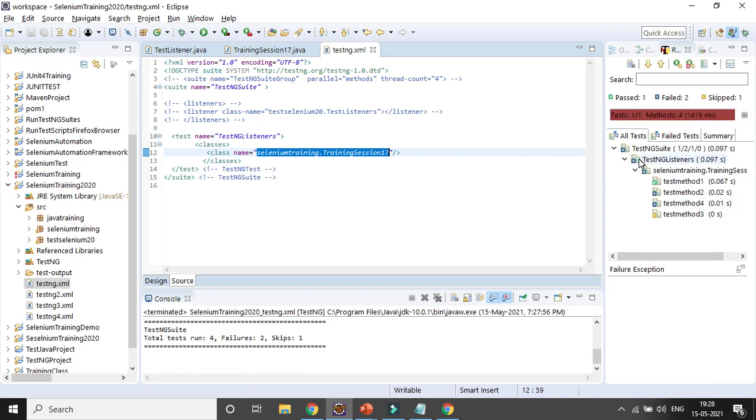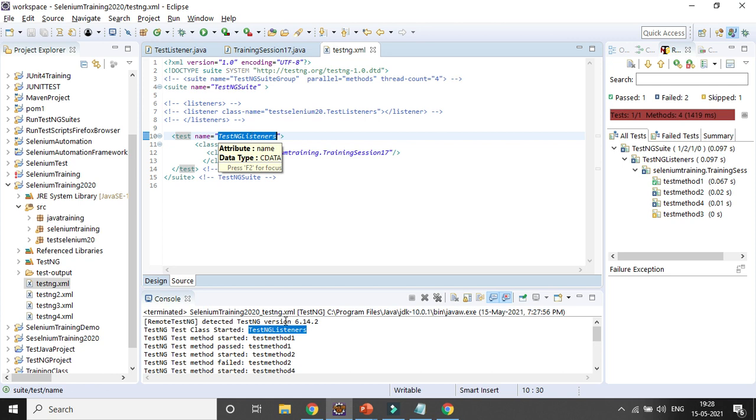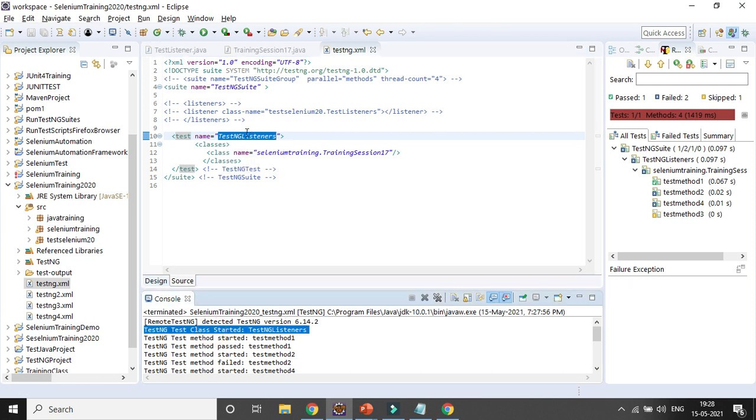Here you can see the result is still the same. Suite name is testng suite, this is the test name, this is the package dot class name, these are the method names, right? But now if you go to the details here, you can see testng class started, testng listeners, the test name is coming, testng class started. Why is it coming? Because